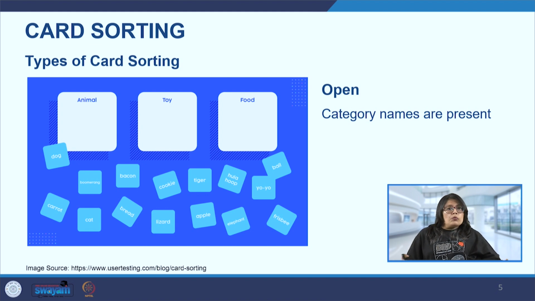They may want to then change the heading also, depending on how they are now interpreting the cards. So this is quite interesting, because we also get to see how the participants are viewing all these cards together and what kind of headings they are coming up with. Now this is a very interesting method, especially when we're looking at finding some fresh ways of